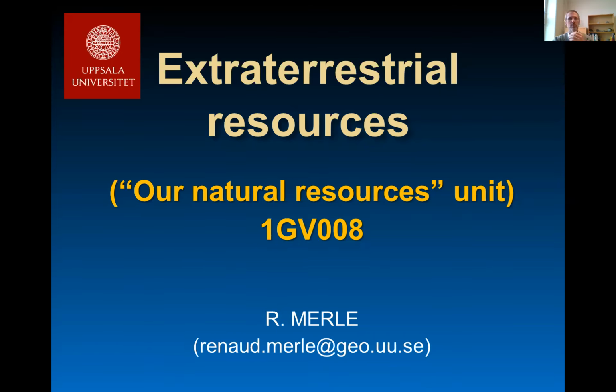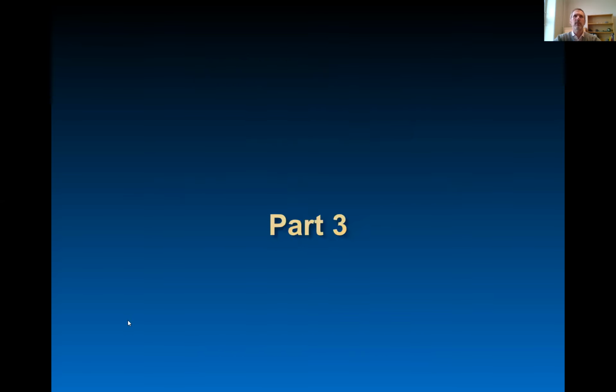In the previous lecture, we have seen how elements condensed according to temperature across the protoplanetary disk. We have seen how planets formed, and in the rocky planets, how elements were distributed within the planetary body according to density. Today, we are going to look at that in more detail,